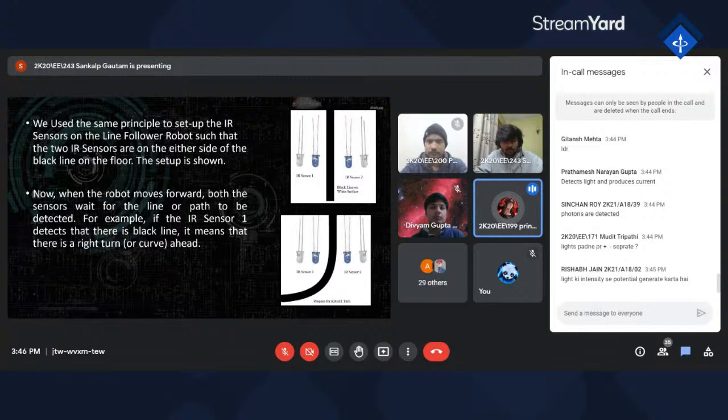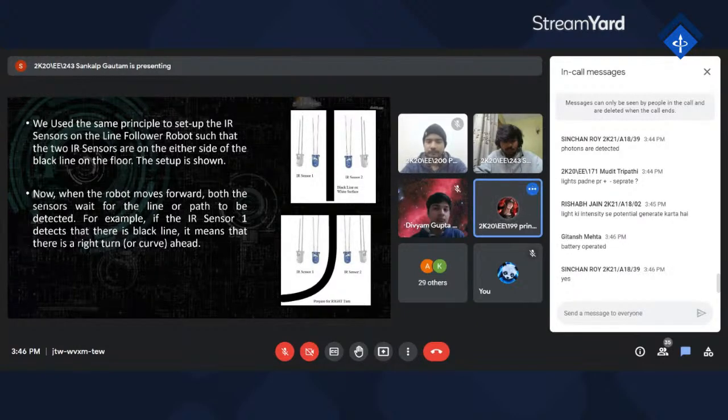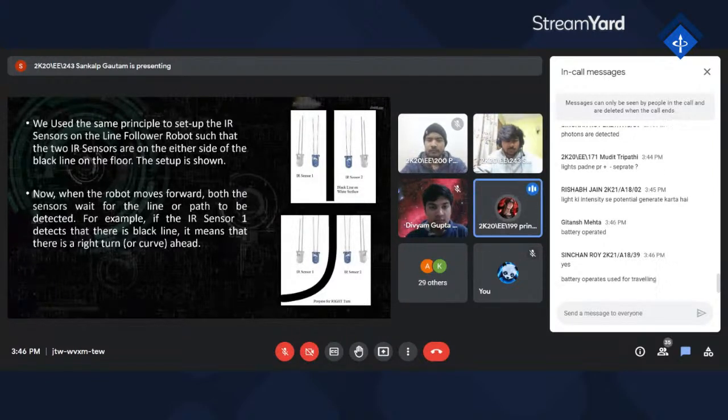Do you remember what BO motors were? Just now Prince told you about the BO motors. Yeah, great. So the BO motor on the right side of the robot is slowed down, while the motor on the left side runs at the normal speed. Now you will get an idea: if the right is moving slowly and the motor on the left side is moving faster, it will make a turn.